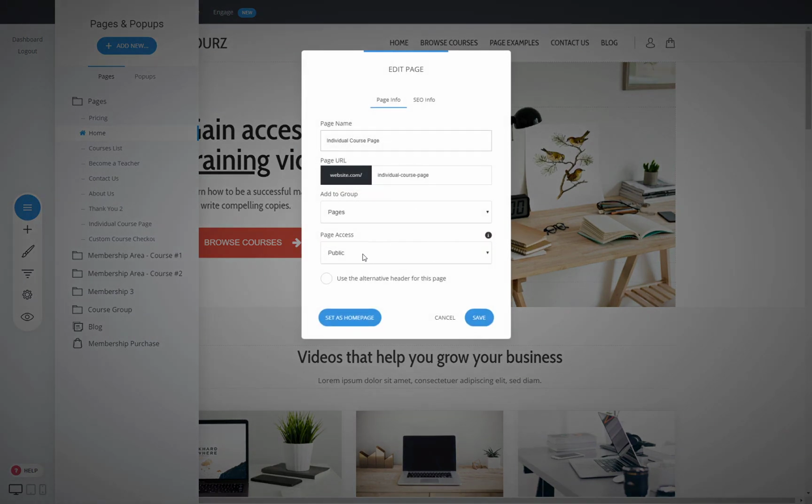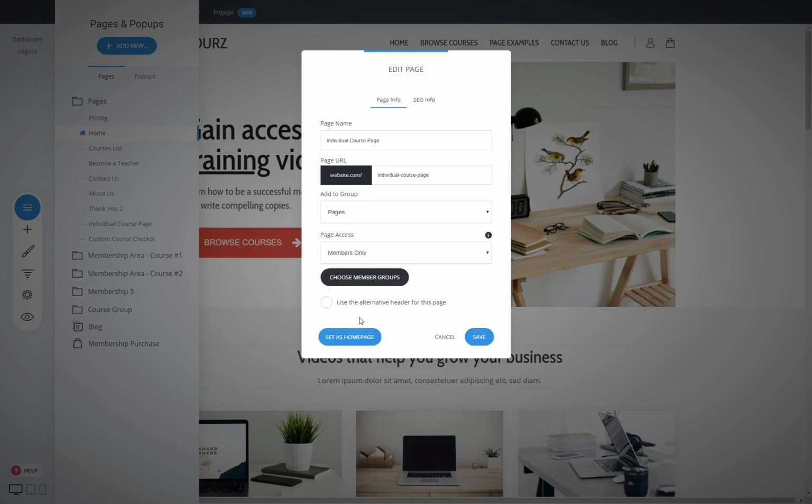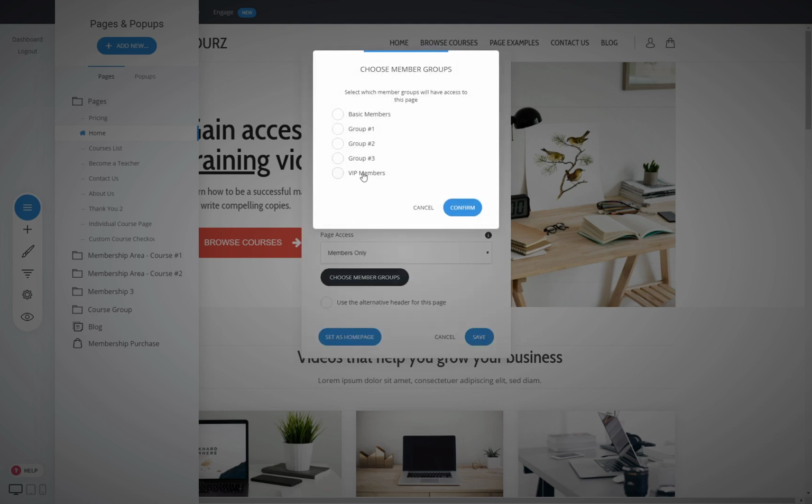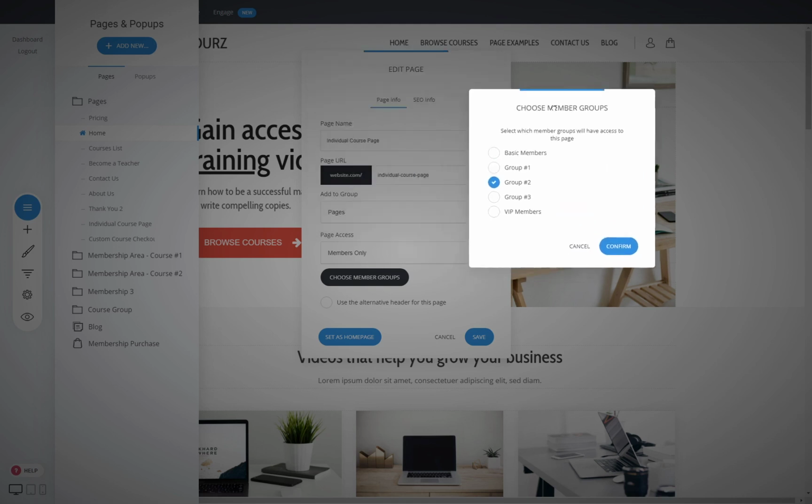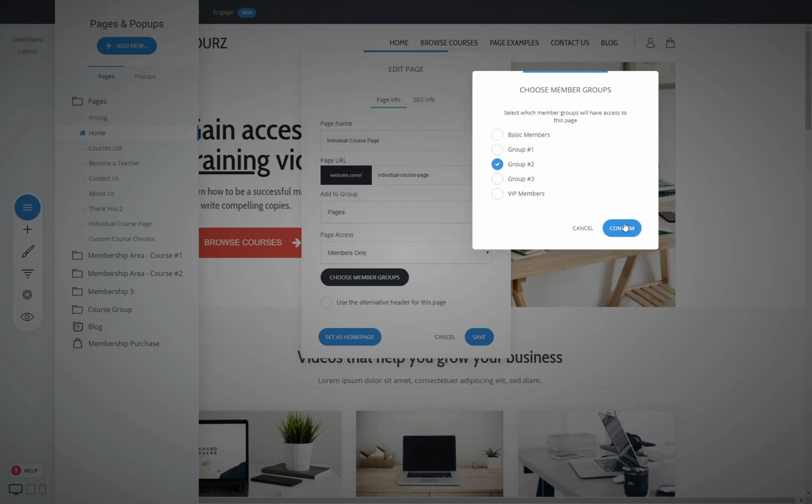There you can see that you can select the page access. So this is the very important part. This is where you restrict the access to different members. So by clicking on members only, you can select what kind of groups you want them to have access to. So in this case, we want to restrict access to group 2, because we want whoever purchases access to